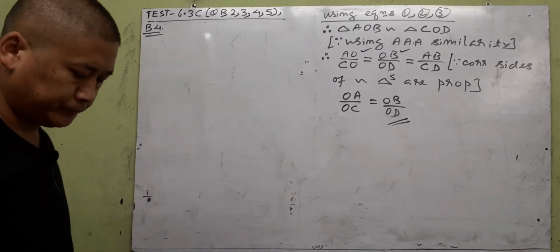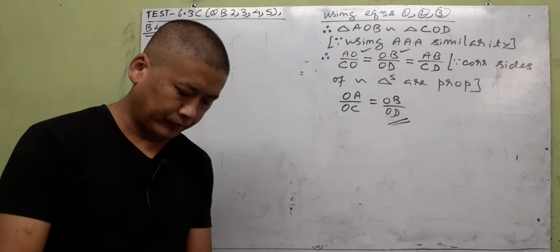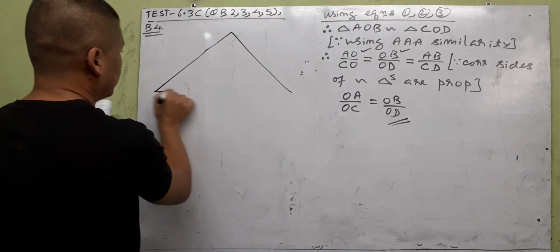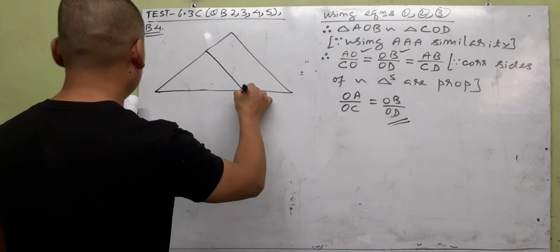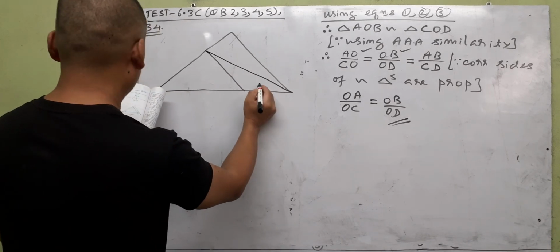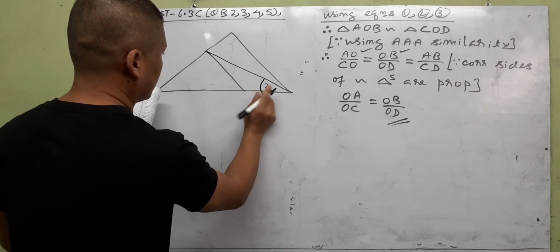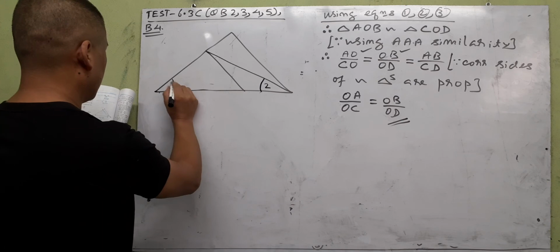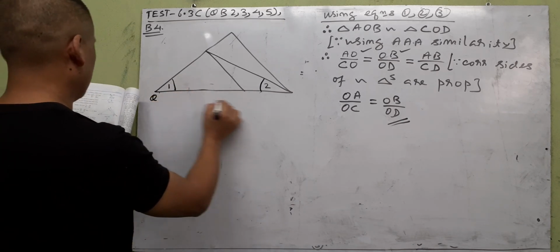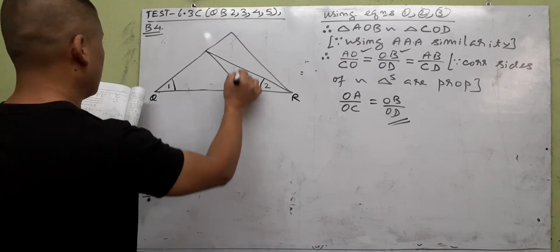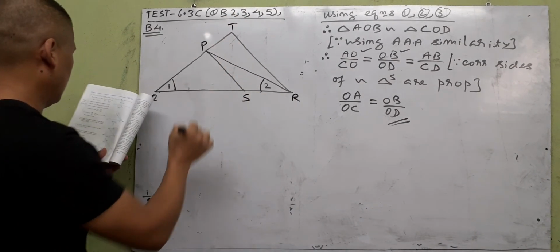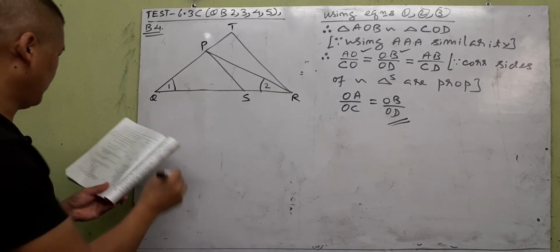Let me read the question. In this figure, like this. So let's just draw the figure first. Something like this is there. A line is here. And then here a line is joined. This is given as angle 2. This is given as angle 1. Q, R, S, T, and P. Like that. So let's write down given